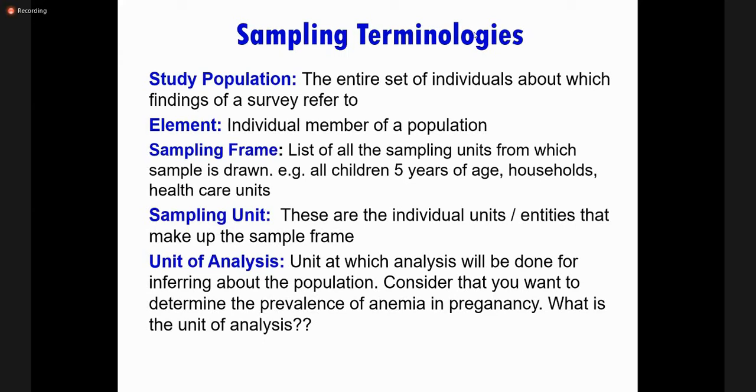So you will make a list of all the secondary care and primary care facilities. You may have categorized them, like you may want to understand the percentage of dental clinics in Karachi that are following standard sterilization practices. The list of all the dental clinics will make your sampling frame, and you will of course select a subset on certain principles from that list. Now you are sampling the facility, not a person. So the sampling unit will be the clinic or the dental clinic, but not a person.